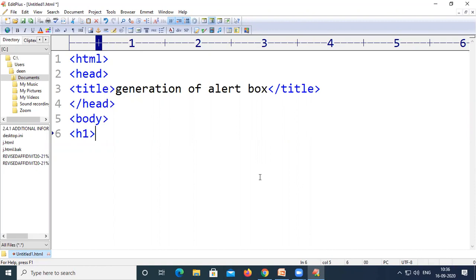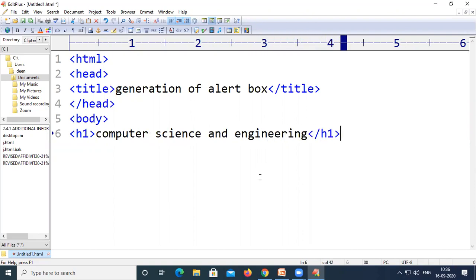You can use any type of element in order to display something on the web page. So here I am using the h1 heading for displaying computer science and engineering over the body of the web page.